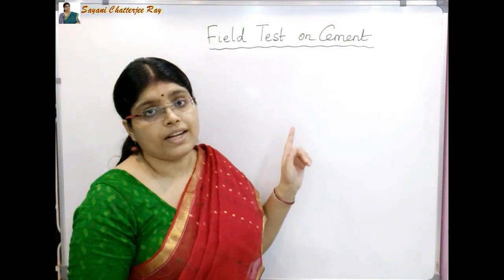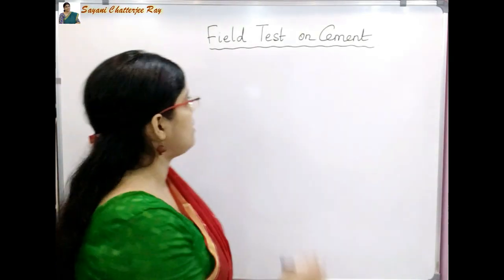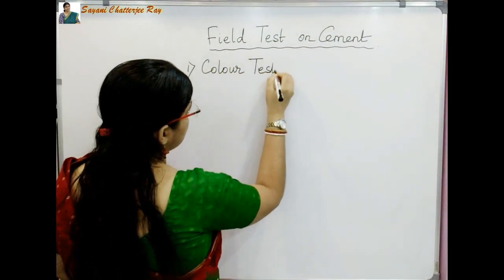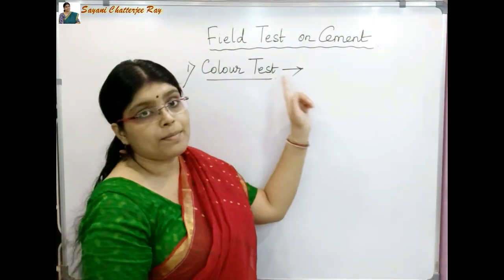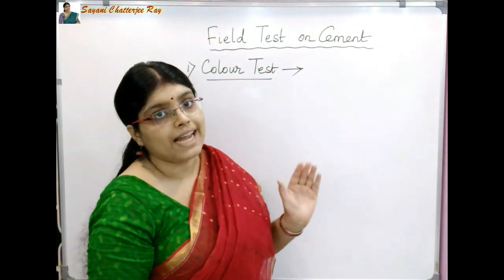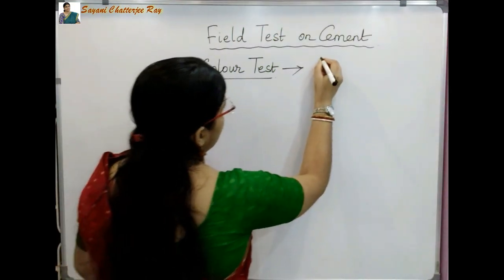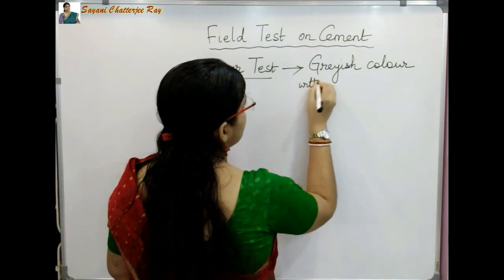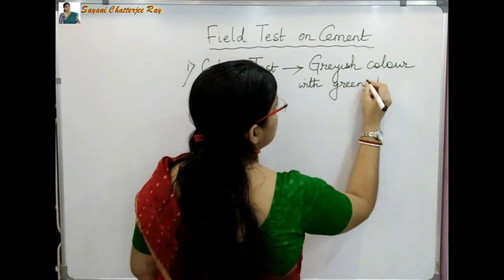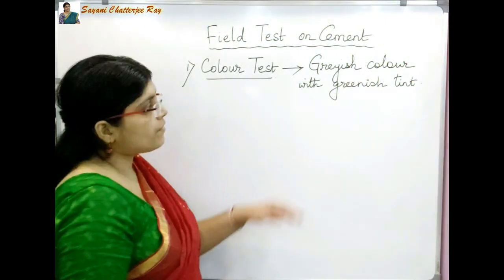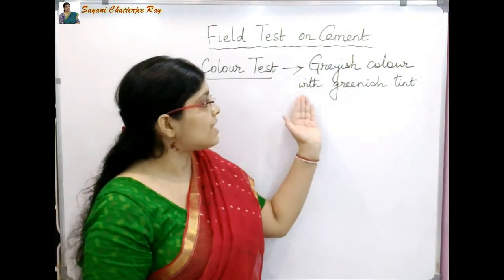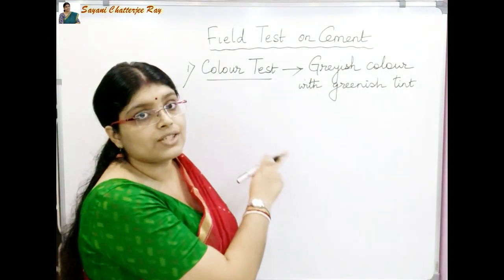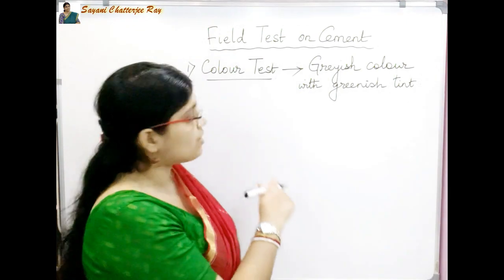So the very first field test which has to be done on cement is the color test. The color of ordinary Portland cement is greyish with a slight greenish tint. So whenever you are getting a bag of cement, just check whether the color of the cement is greyish with a greenish tint. The next test which has to be performed on the cement at site or in the field